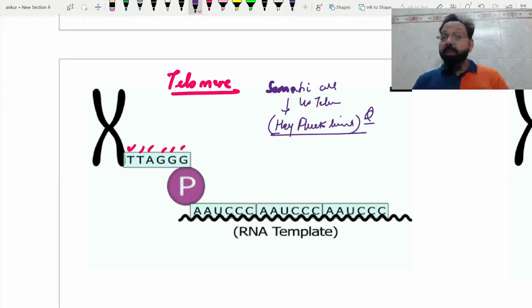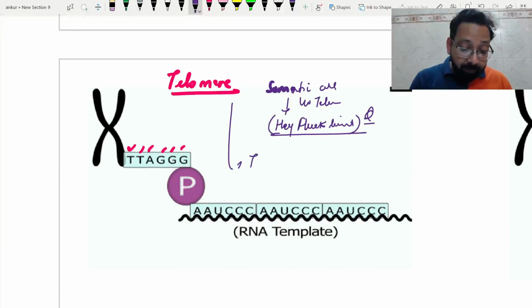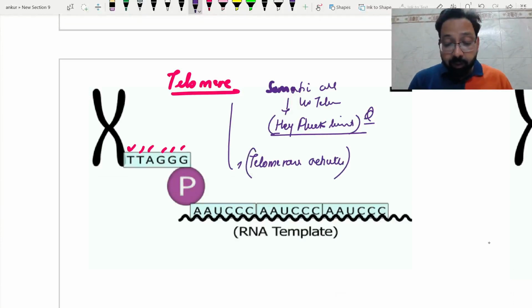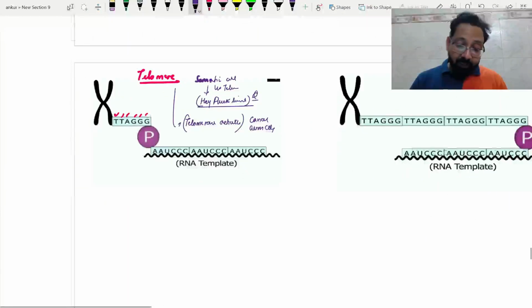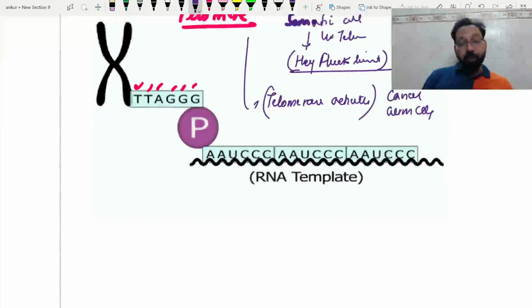But cancer cells divide rapidly and don't die because cancer cells have the enzyme telomerase activity. Yes, cancer cells and germ cells. This telomerase synthesizes telomere. What is the composition of telomerase? Point it out. This enzyme telomerase